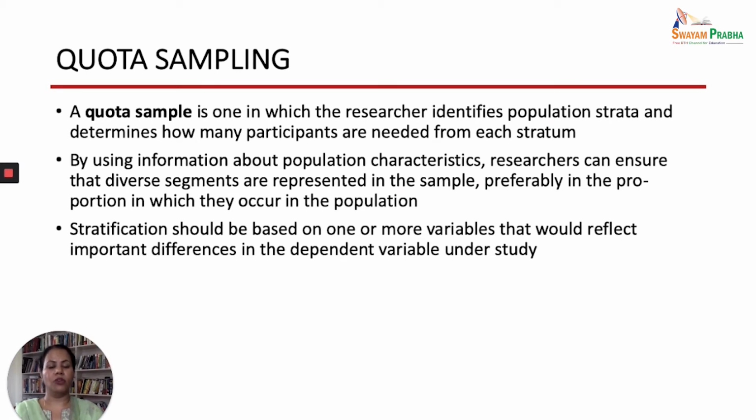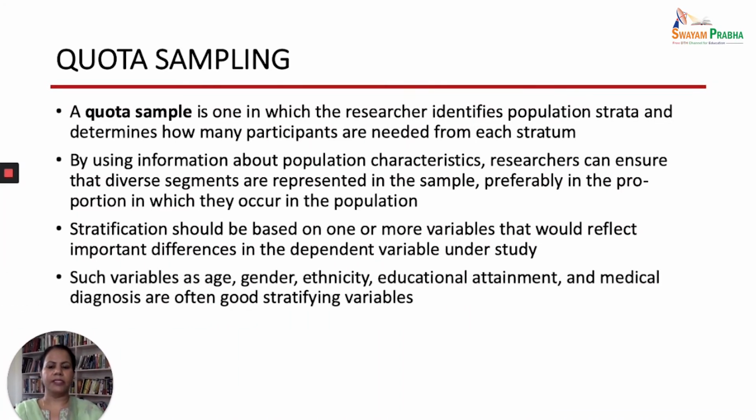So for example, if you want to study the effect of some intervention, or you want to study the attitude of certain groups, the strata can be gender wise, male and female. Maybe you want to find out the attitude towards caring for HIV positive patients, and you want to find out whether males have a better attitude or females have a better attitude. Then you will get to know the attitude based upon the different strata, or based upon the gender.